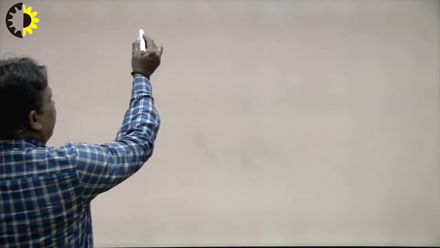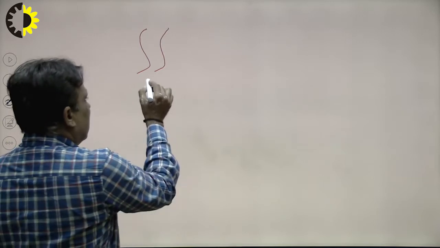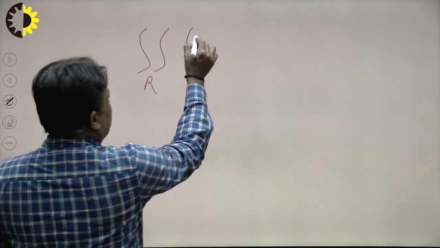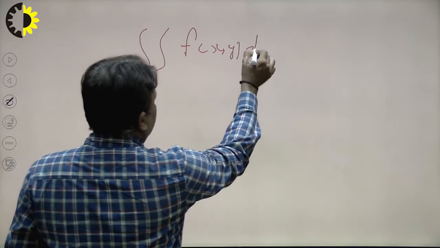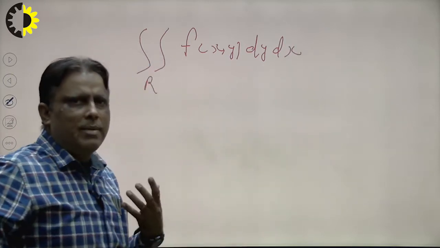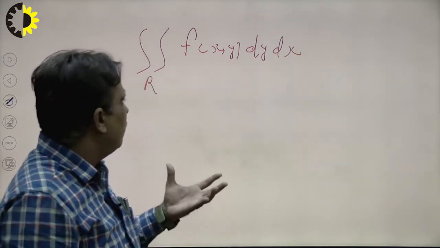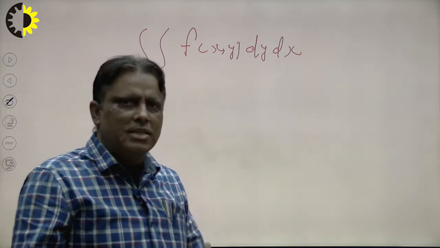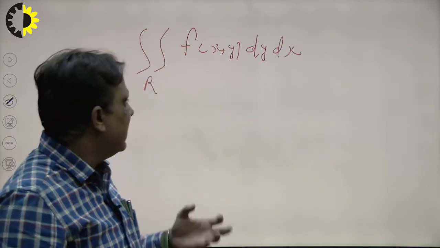Now first of all I explain what the change of order of integration is. Suppose I have an integral here and there exists a region R, and there exists f(x,y). First I draw the diagram of this region and then take the limit. I want to take the limit of x and the limit of y. Suppose I want to take the limit of y first; that means in this region we select a strip parallel to the y axis and then take the limit.